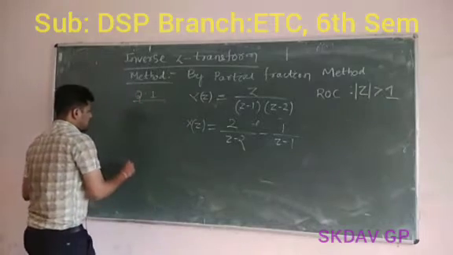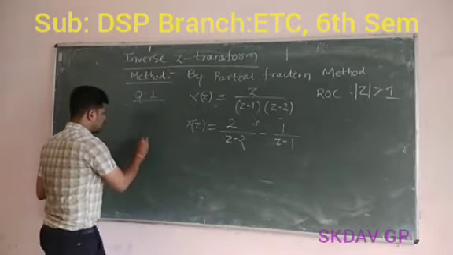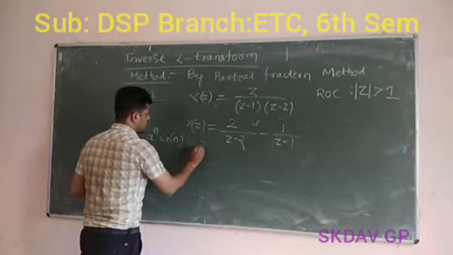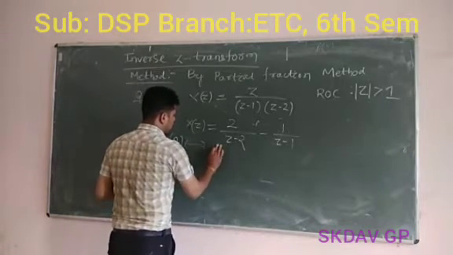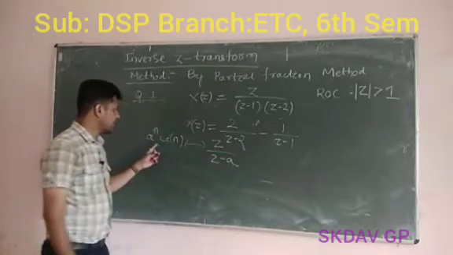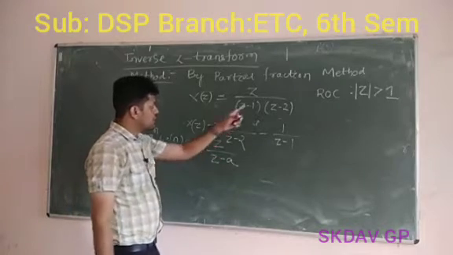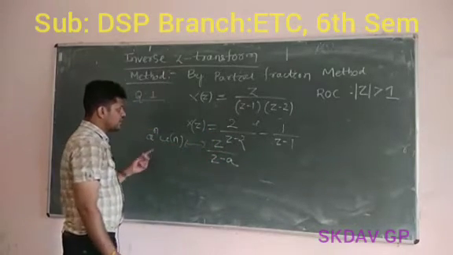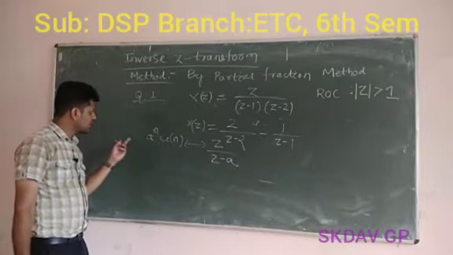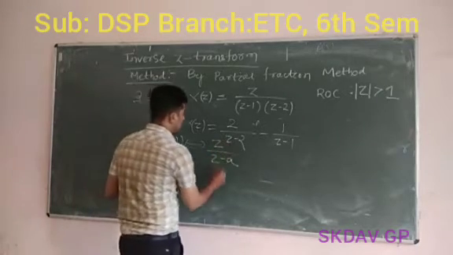And the general transformation that we have studied in Z transform, that is, if a signal a to the power n u(n) is given, the Z transform is z by (z minus a), for a right sided signal. If this signal is left sided, then the time domain signal changes, that is minus a to the power n u of (minus n minus 1). So by putting this